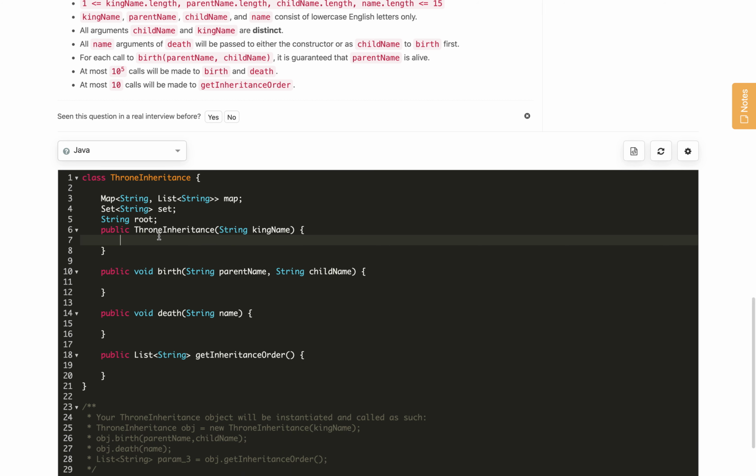So now in this class we will do map dot putIfAbsent the king name and the new array list.